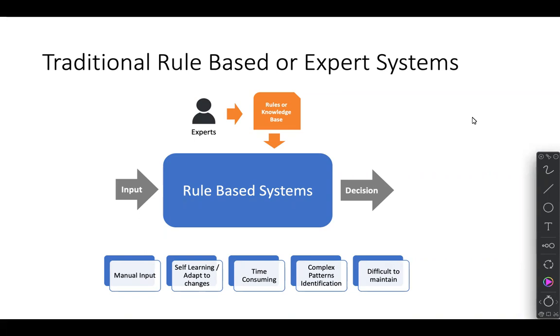There would be domain experts who would have gone through the fraud transactions and understood the rules. So given these conditions are satisfied, or the transaction has this kind of attributes, then it would be called fraud or not a fraud. So this knowledge base would have been developed or evolved over a period of time,